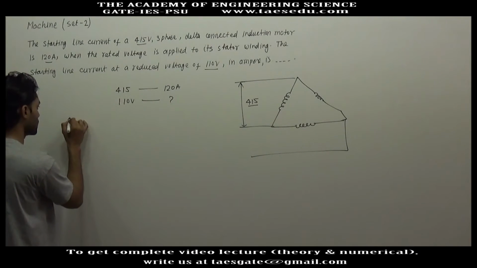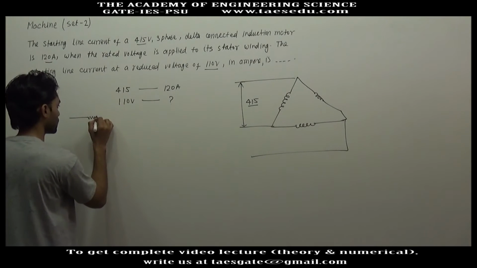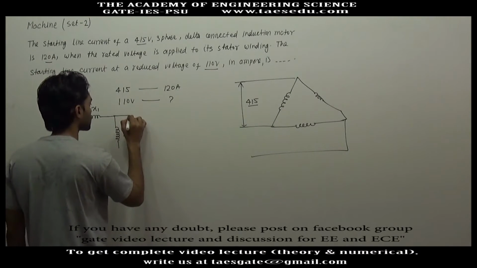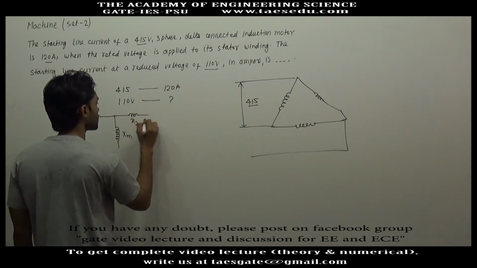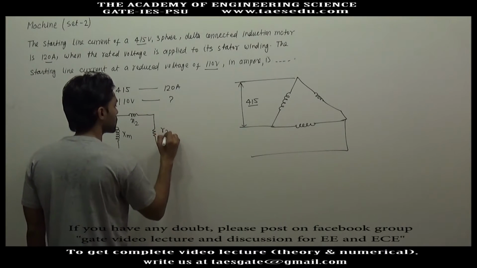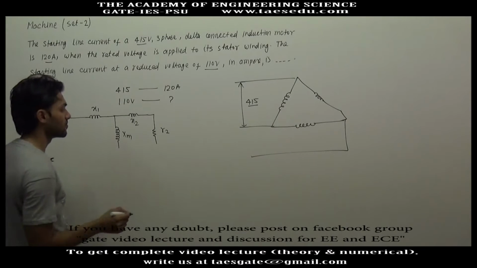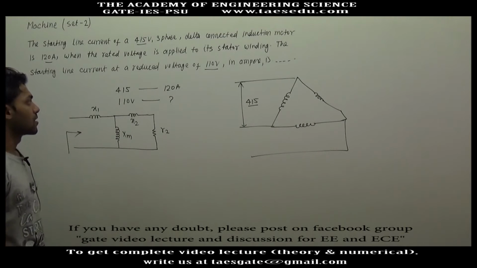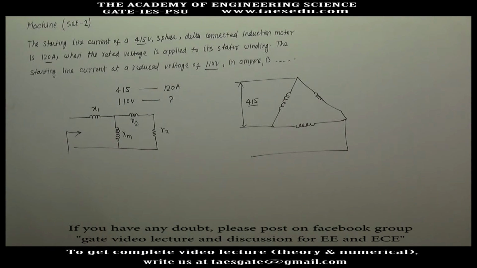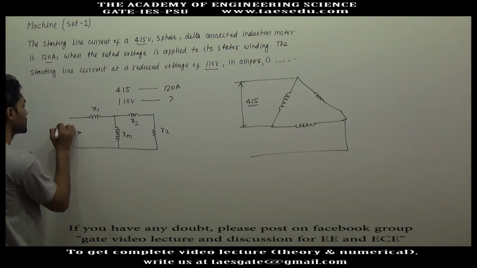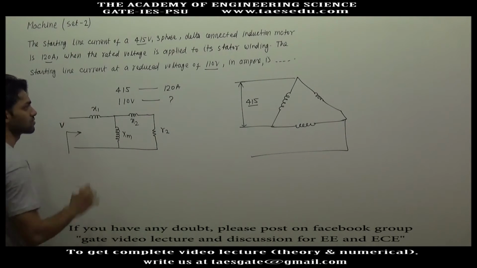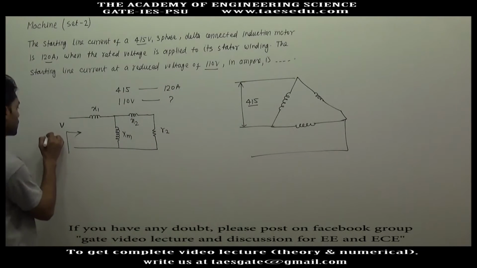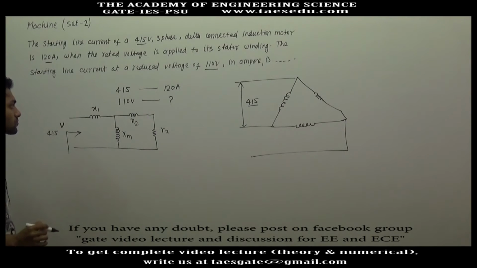So in the single phase equivalent diagram of induction motor, we have stator reactance, this is Xm, this is rotor reactance, this is R2 divided by S, but in starting slip will be 1, so here we have R2. This is the single phase equivalent diagram of 3-phase induction motor, and this is per phase voltage. So in case of delta connection, per phase voltage is equal to line voltage. So when you have applied 415 volt,